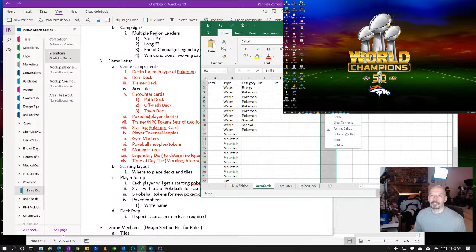But let's put in here skill 2. Not everybody will have all the skills, but we'll call them skill 2 level. And what this is going to be is the minimum level you have to be in order to